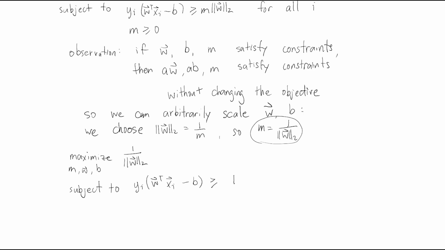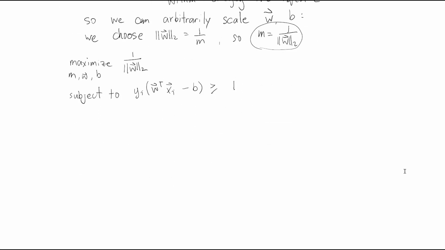Okay, so we're almost done. Now we're going to rewrite this one more time, because we don't really like this 1 over the 2 norm of w in the objective. So we're going to flip it and say, let's minimize the 2 norm of w instead of maximizing 1 over that, subject to